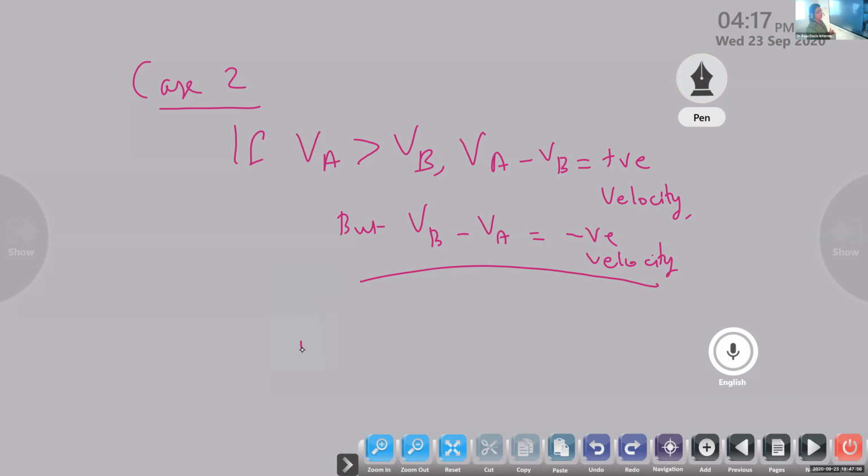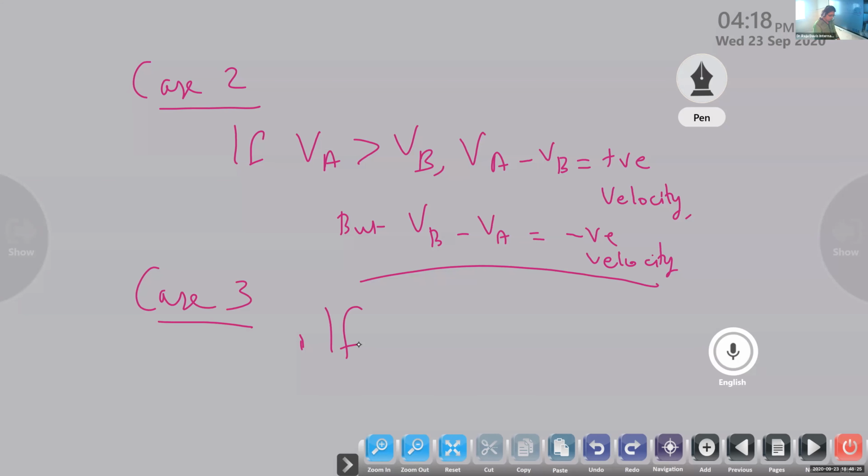When VA becomes VB, what's going to be the answer? VA minus VB, what's the answer? And when in opposite direction, what's the answer? So study the tips, because for the graph I have to talk about collision. Suppose two objects are meeting. When one is moving with one velocity and another with a smaller velocity, there's a chance of collision and so many cases are there. So better I stop here. Let us go to case 3 now. First study these tips. That's enough.